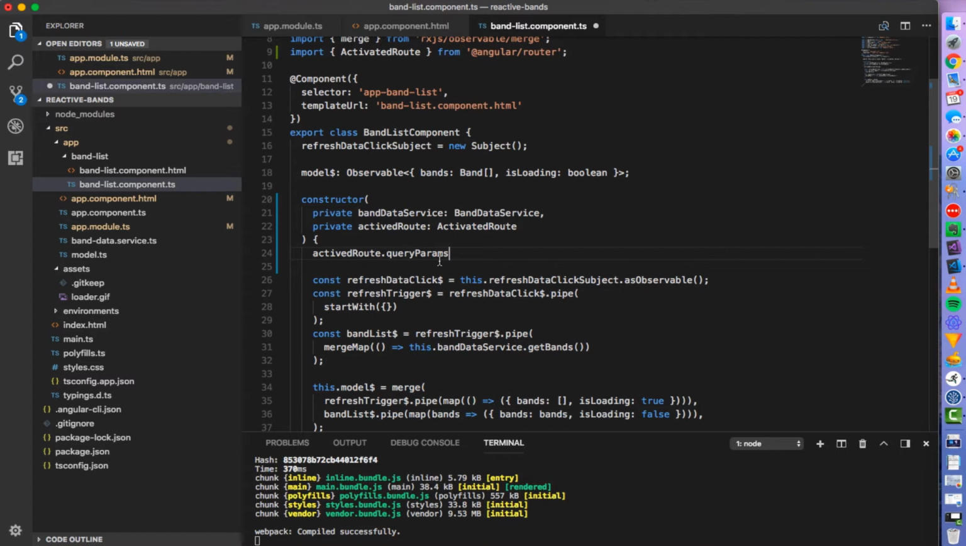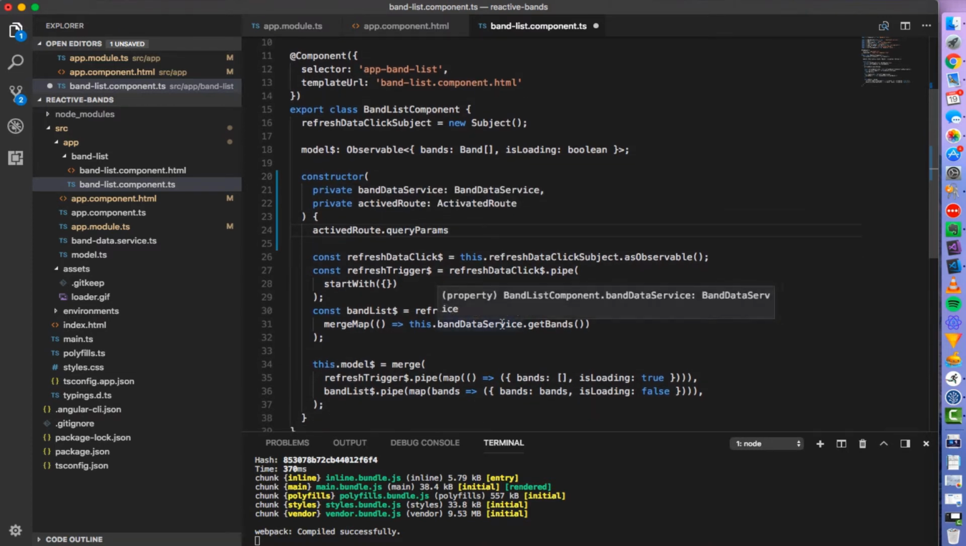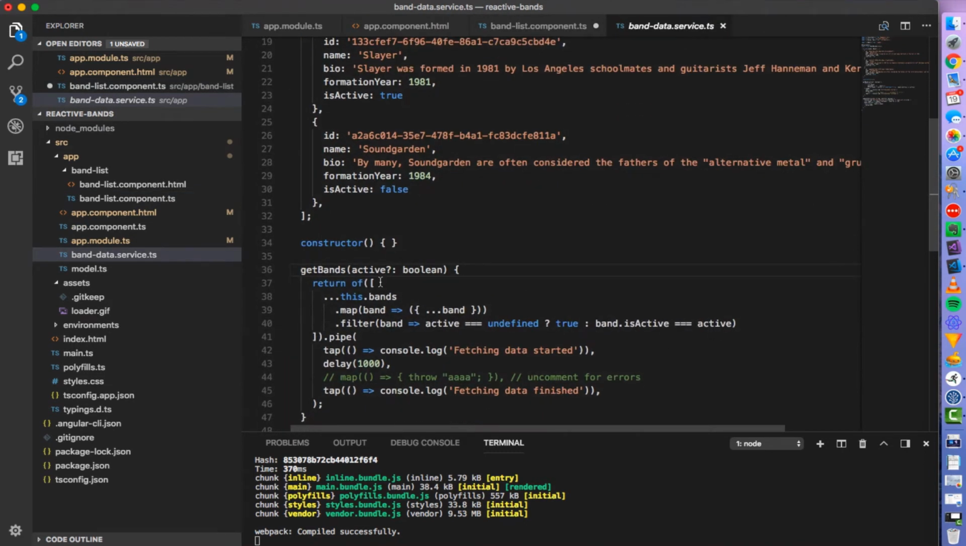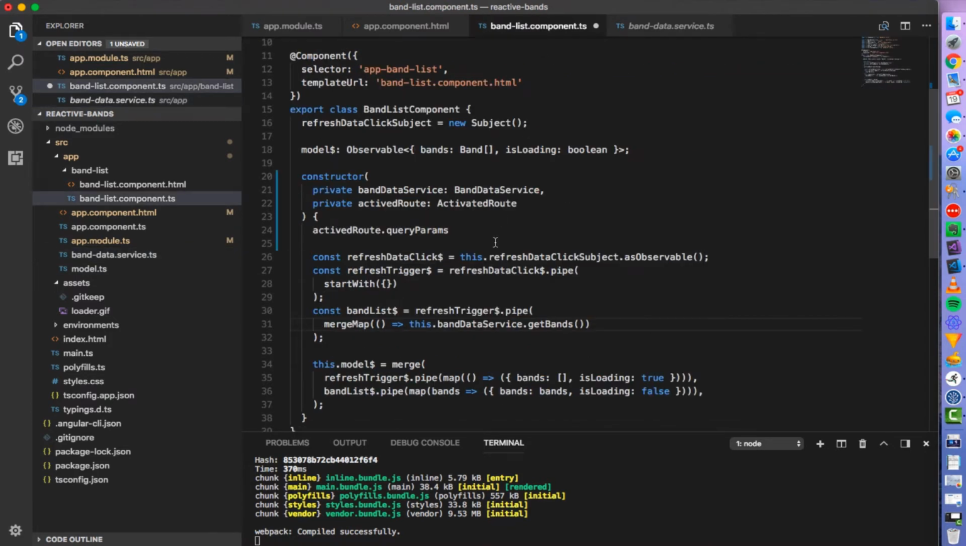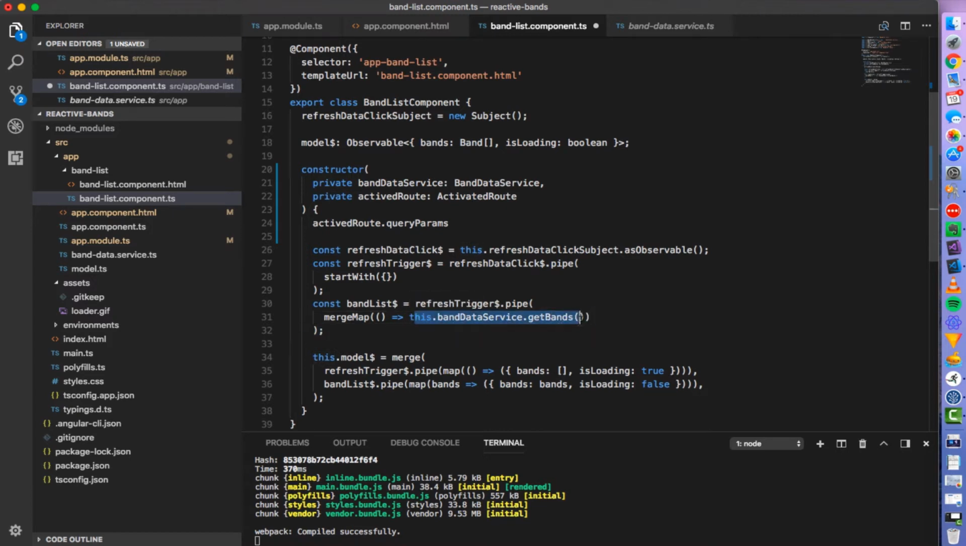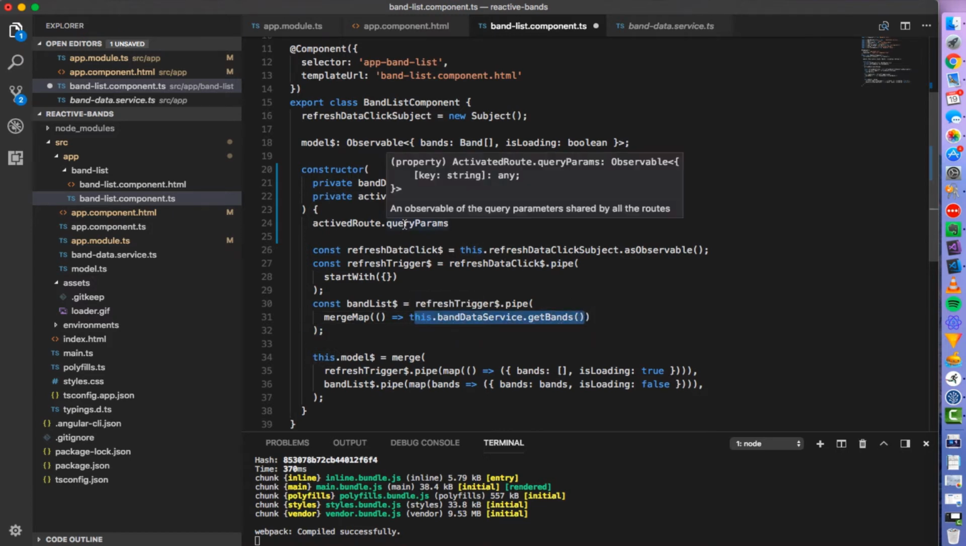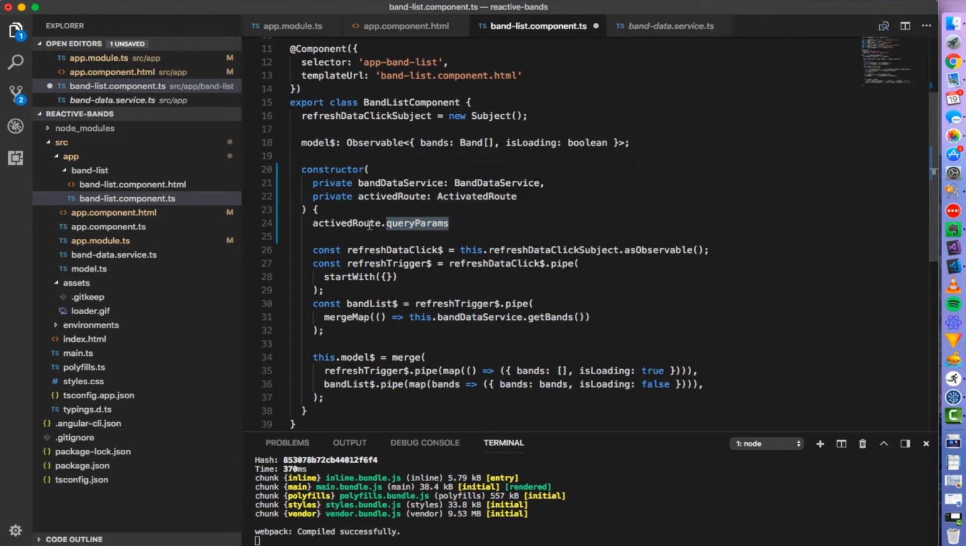So now we need to think of how we would like to react to these changes of query parameters. We need to apply some filtering based on the contents of these query parameters. And if we look at the getBonds implementation, it takes an optional active flag. So what we need to do is simply pass this active flag from query parameters to this method call. Okay, but that means that we want to invoke this method,